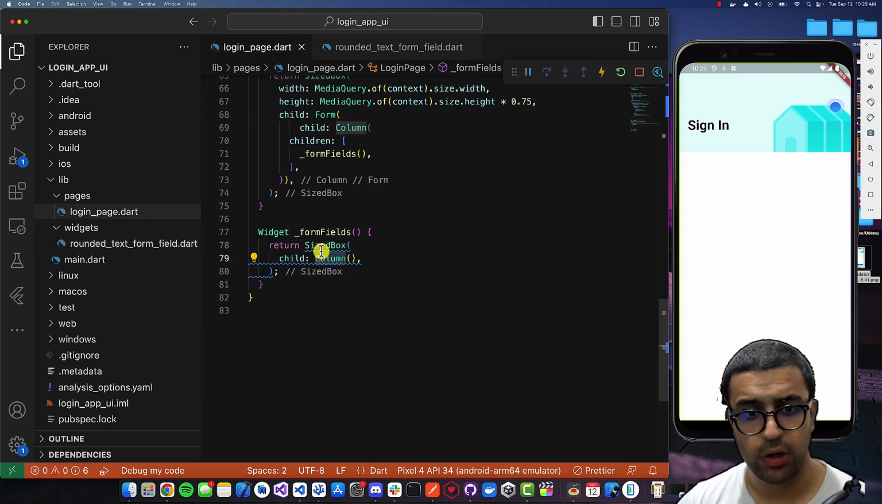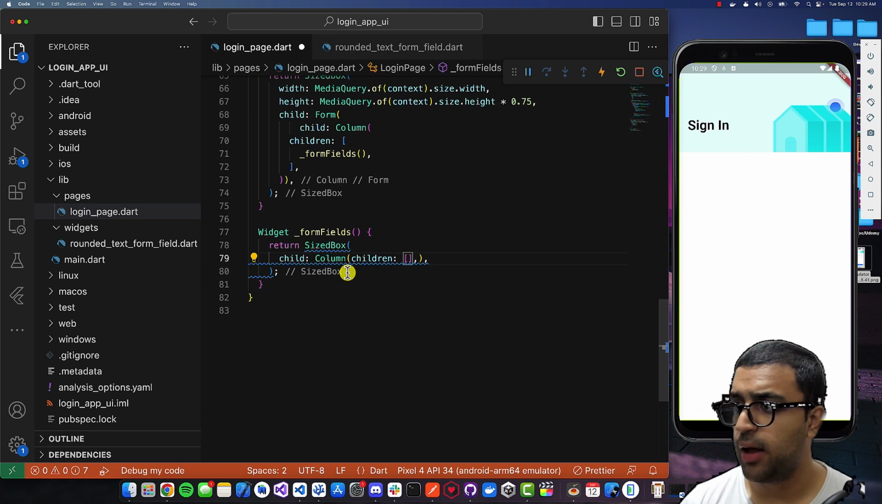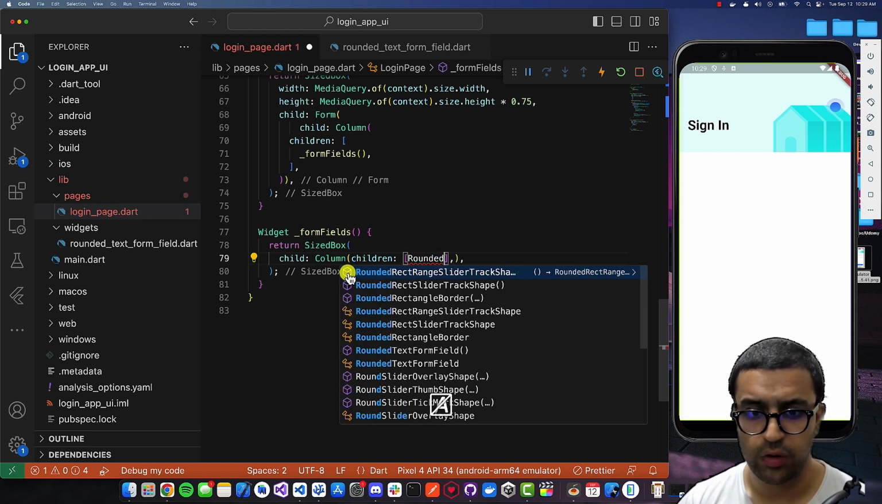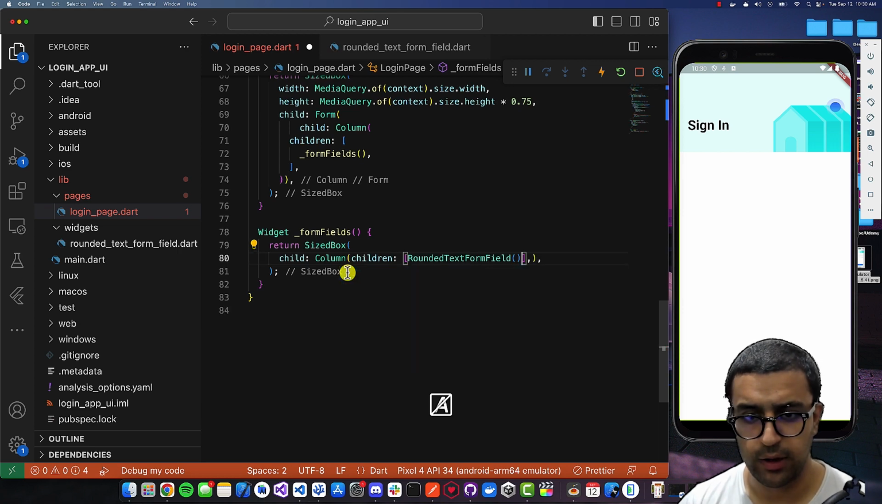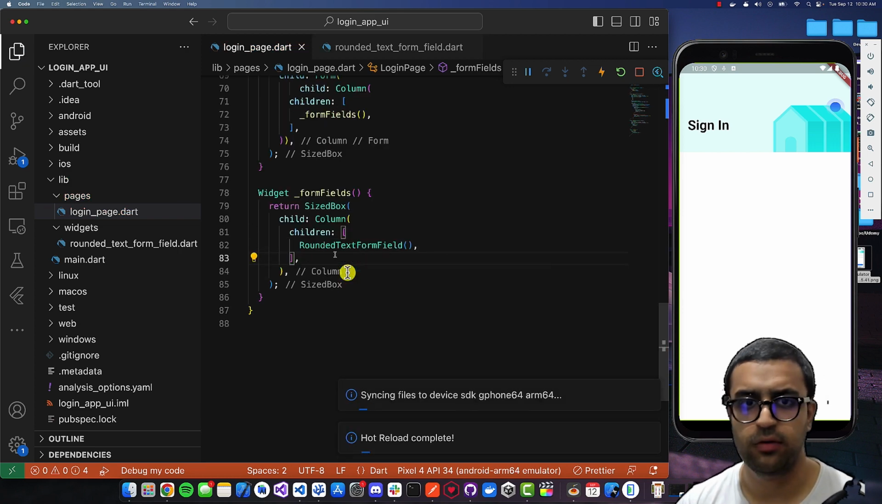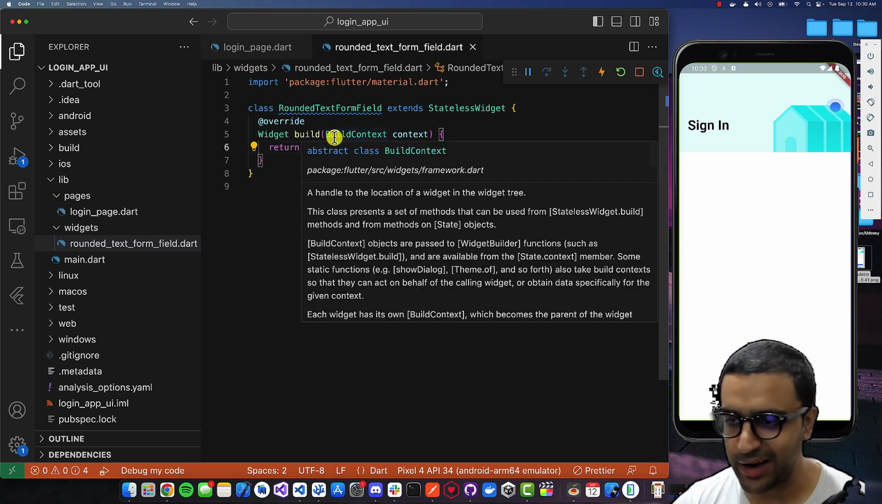I'm going to come back to my login page, to the column. I'm going to add the children property to this, and then here I'm going to use my rounded text form field like so, and do command save. I'm now going to go back to the rounded text form field class, and I'm going to start styling our